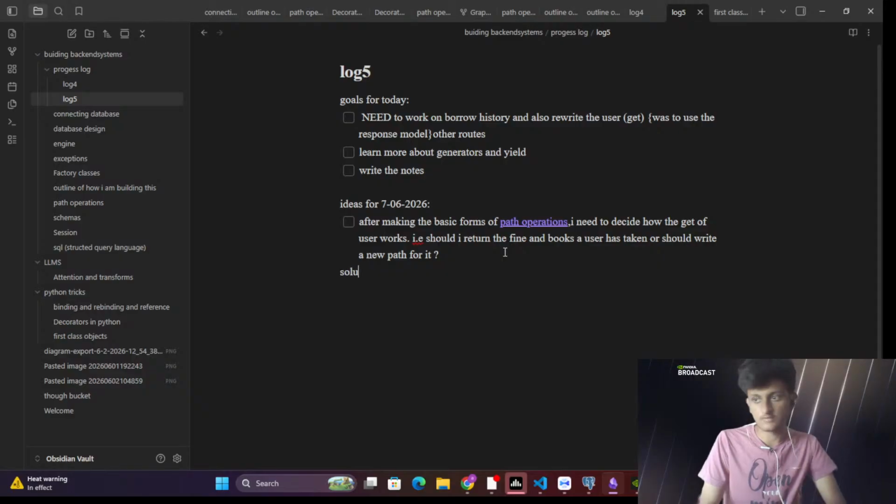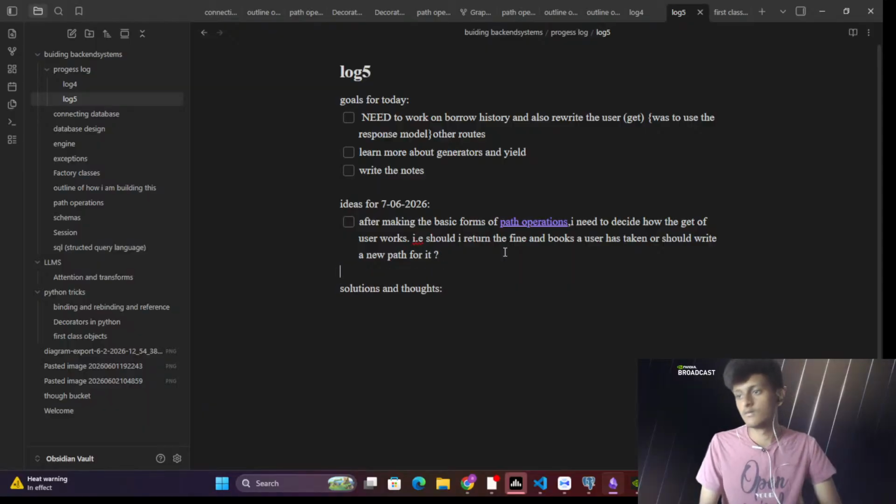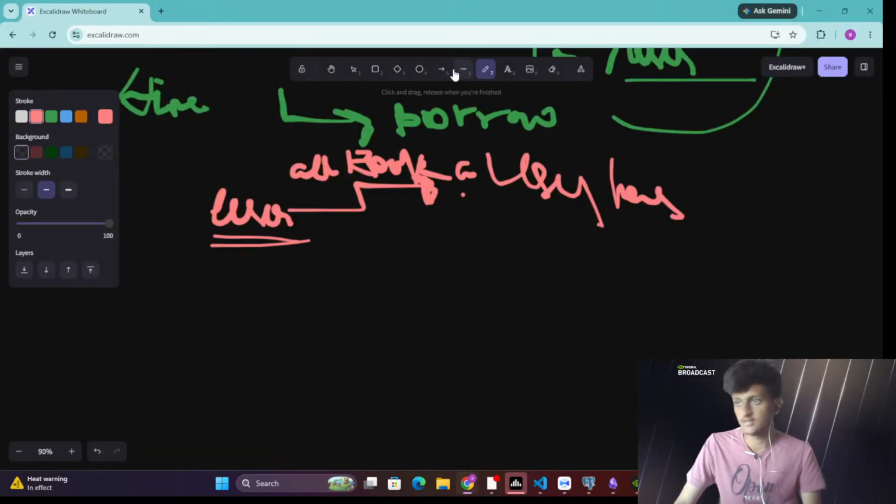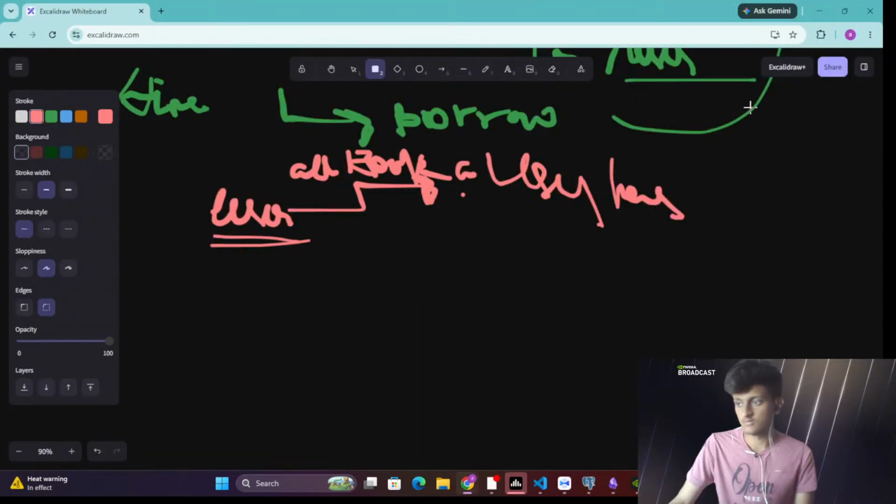I need to write some kind of solution syntax. What could be a solution to it? So the thing that I'm thinking here is to add a field called fine when returning the user. So what I'm trying to say is,